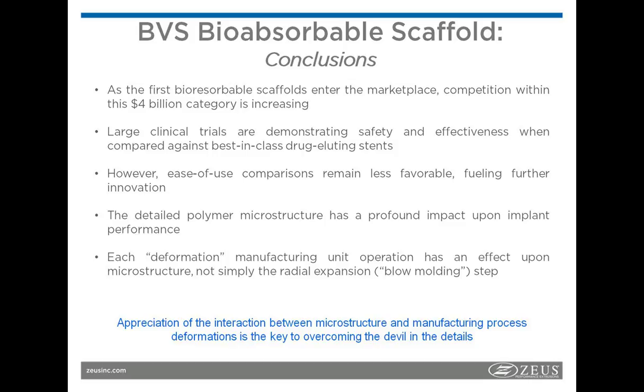But the key limiting step to achieving this is a detailed polymer microstructure and the management of that microstructure throughout the totality of the manufacturing process. So you have to consider every deformation manufacturing unit operation as having an effect on microstructure and not just the initial blow molding step. So this is the example of working with a company like Zeus